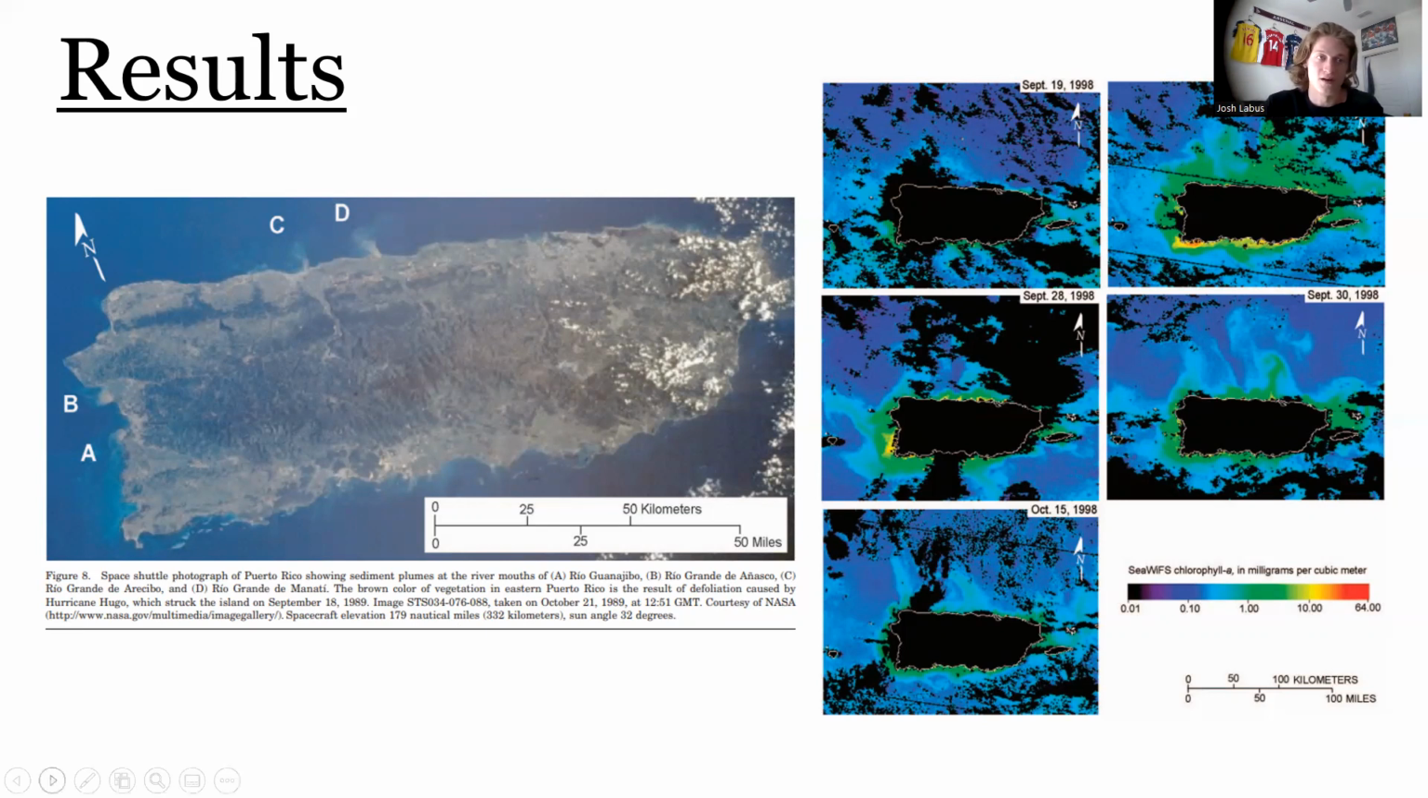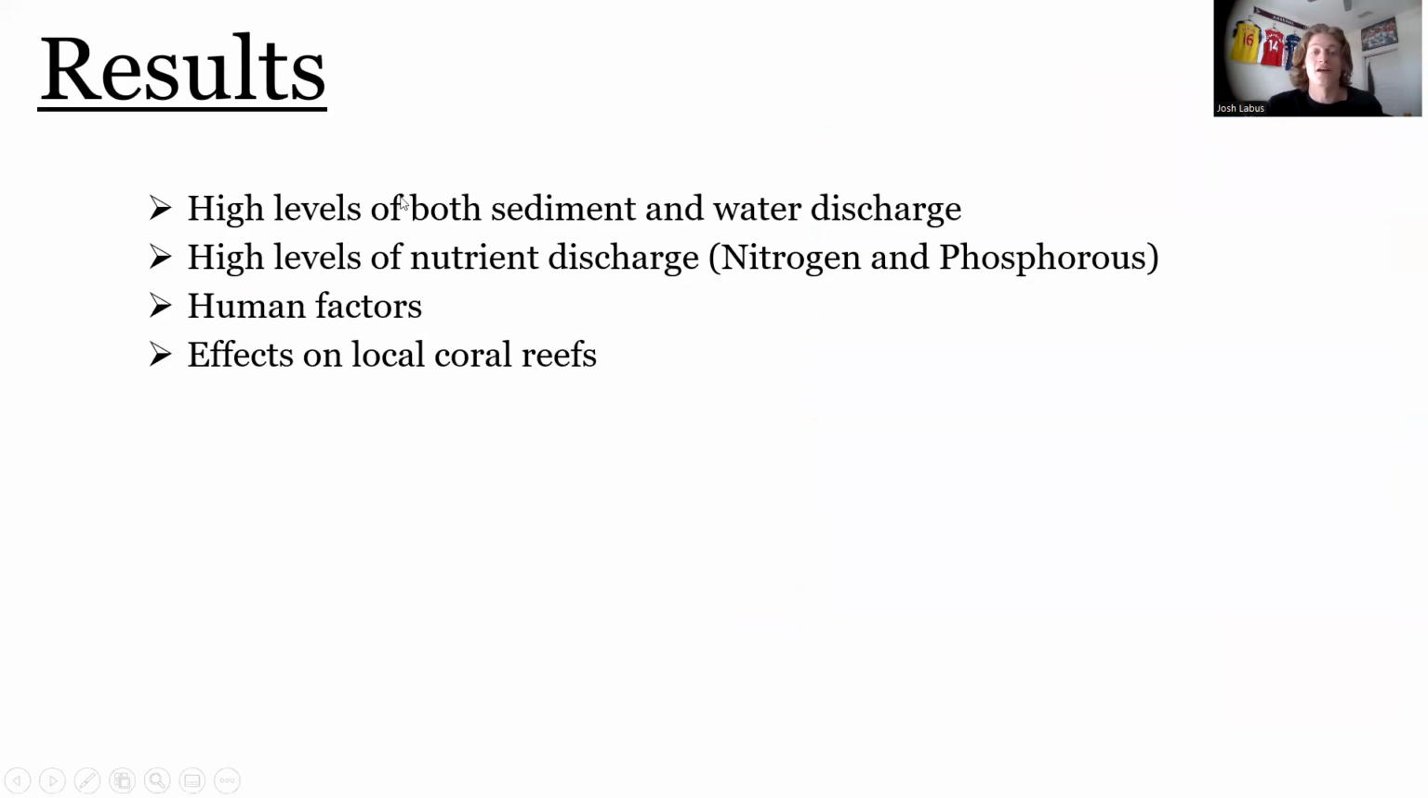And so moving on from the results, I have another results page, which just focuses on the main things that they talked about in their discussion. Because in this study, they focused on not only the analytical data of sediment and nutrients and measuring things like that in terms of wastewater, but they also focused in their discussion specifically on how this affects coral reefs. So just running through this really quickly, obviously there's high levels of both sediment and water discharge